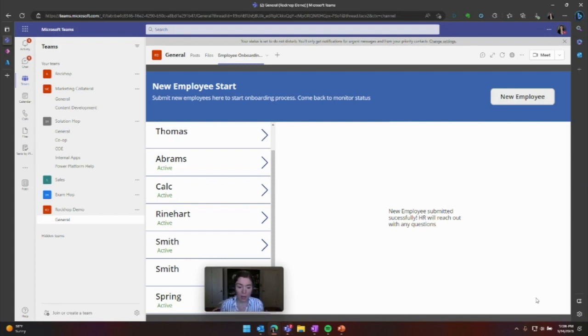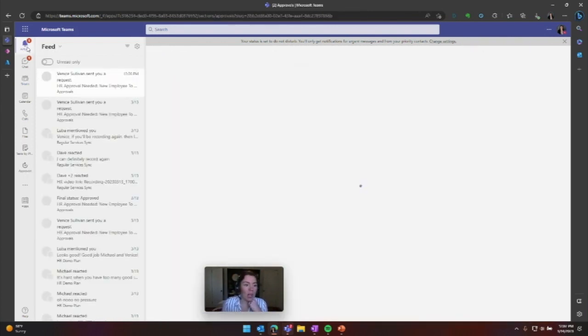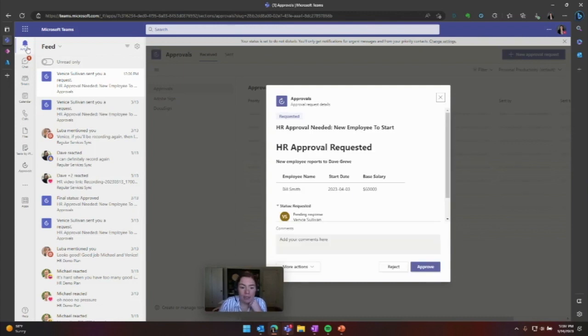Why we want to really focus on the Power Platform is giving folks access to the data that they need and no more access than they need, right? So we're including payroll information here, and we're going to be utilizing permissions across the platform so that only the people that need to see payroll information have that and no one else. So by submitting this form, we've let HR know that we want to start onboarding here, and I've received a